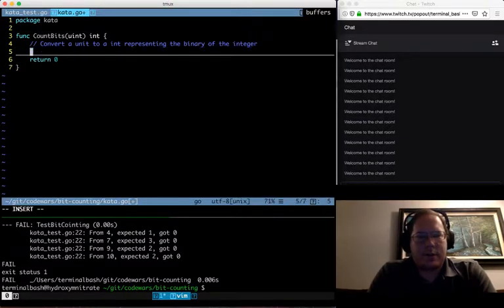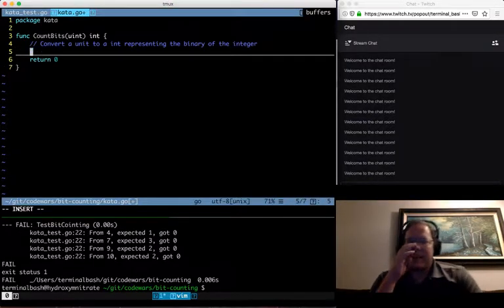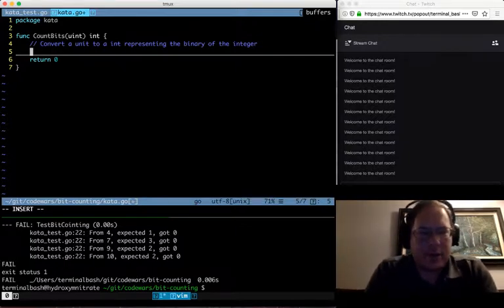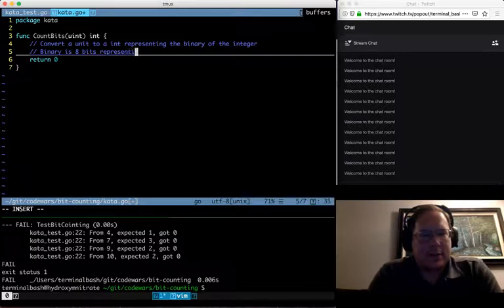So we have to think about how we get the binary. So what is binary fundamentally, right? So binary is 8 bits representing a